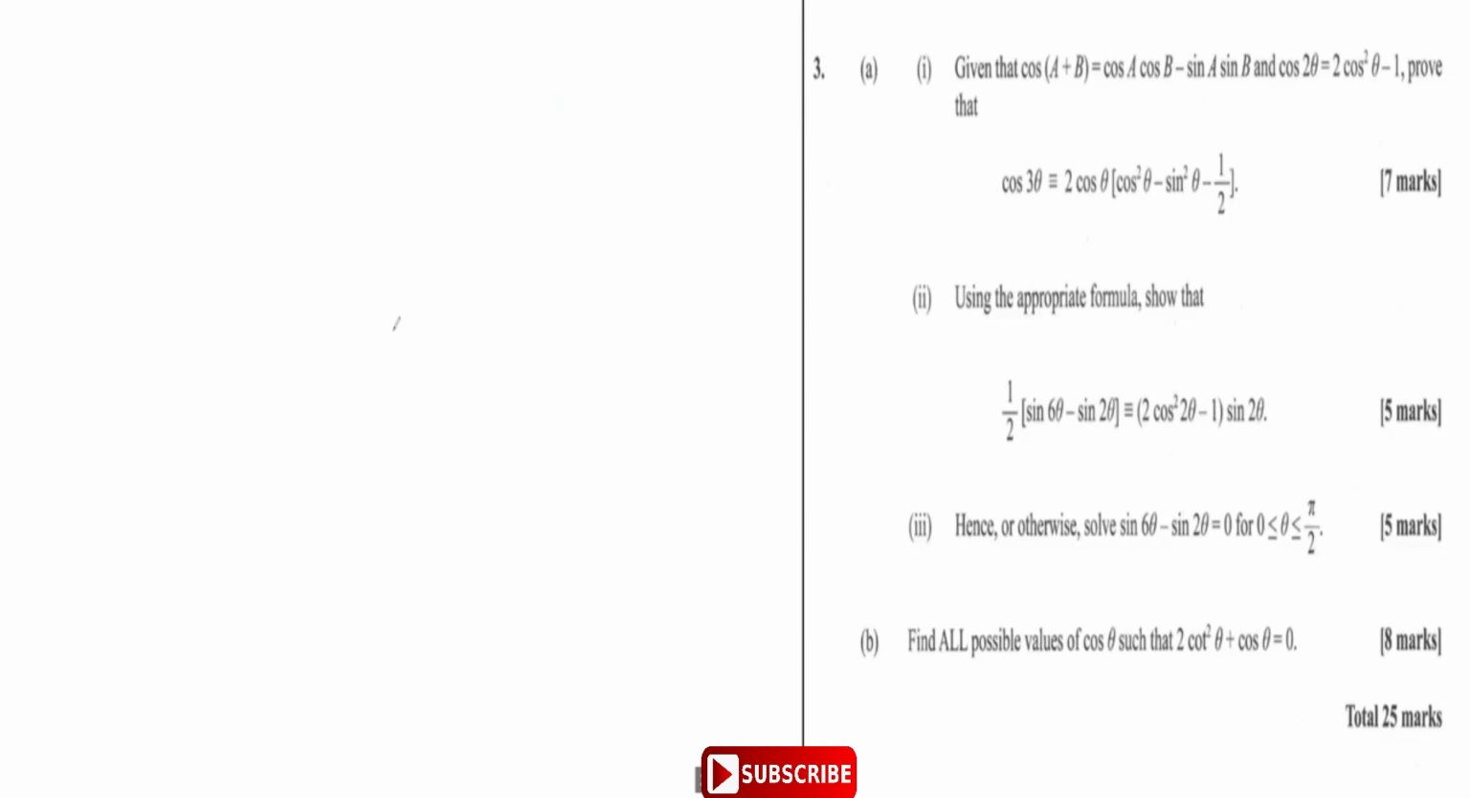Question 4 says, determine the Cartesian equation of the curve defined by the parametric equation